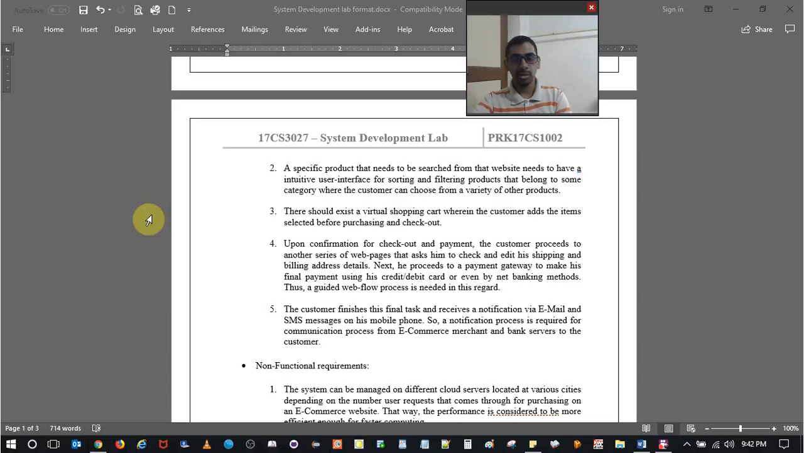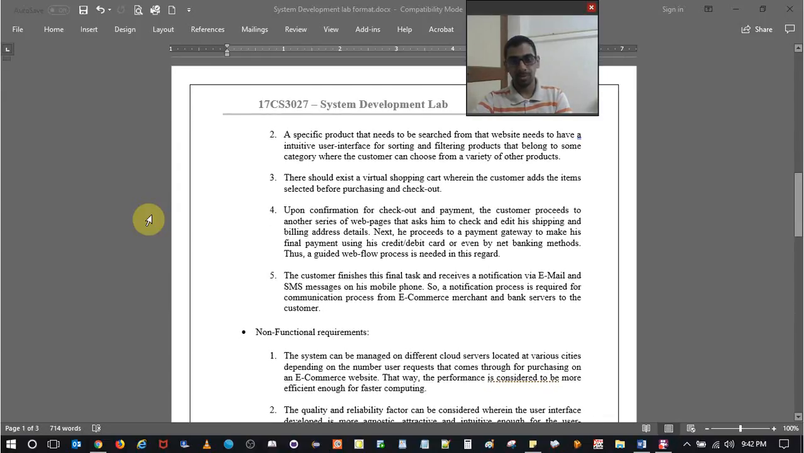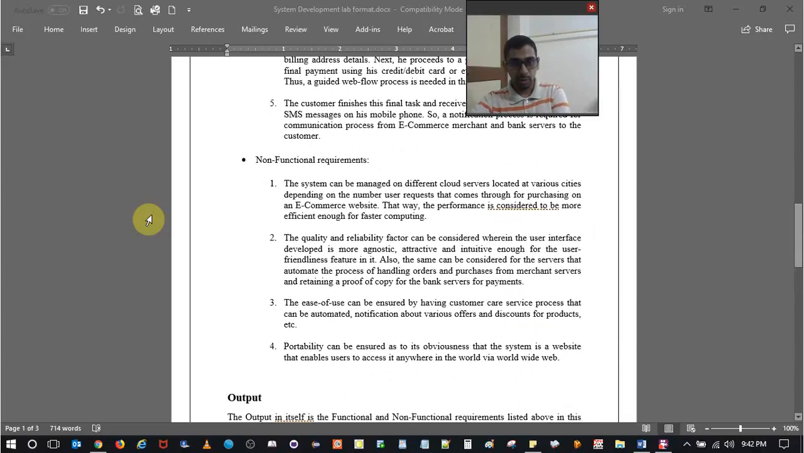So the communication happens from the e-commerce website, to a merchant server and a bank server, and in turn the final message will be notified through an email or by SMS to the customer himself. So that is the fifth requirement. He can have a notification process in this same application system via email and SMS alerts on his mobile phone. Moving on to the non-functional requirements for this system,